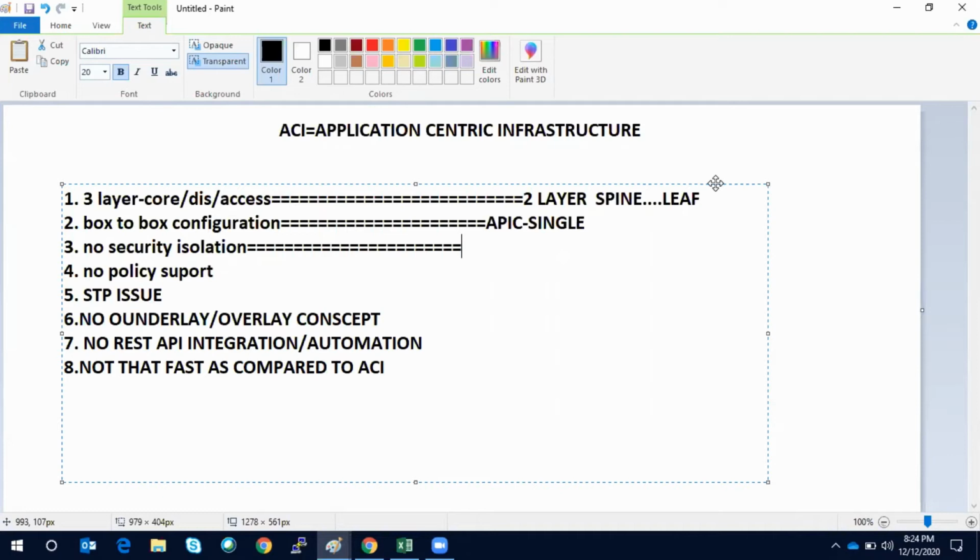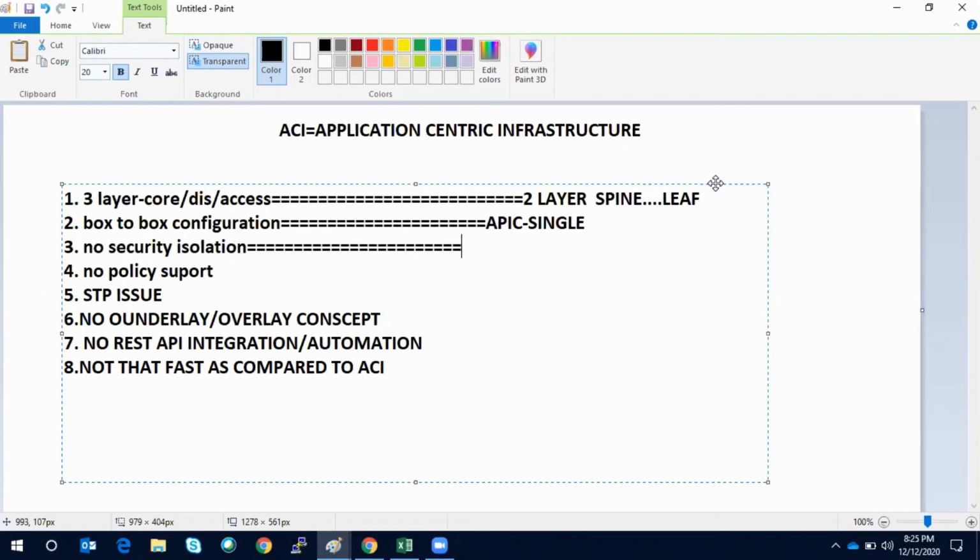If you compare exactly with the core, it will be unfair actually. So spine, you can say it is a brain, and at the leaf layer, all your connectivity will happen. All your policy appears at the leaf layer. But there are certain brain functions which the spine does.